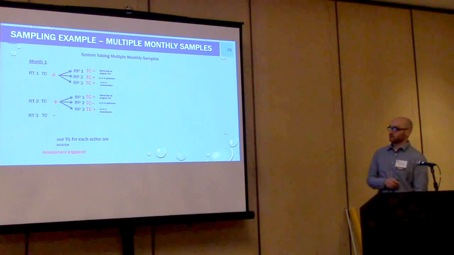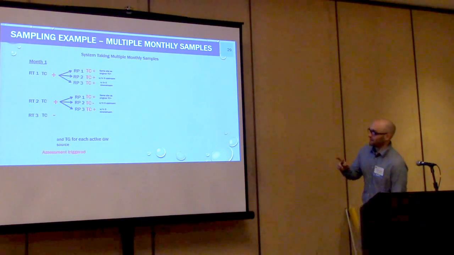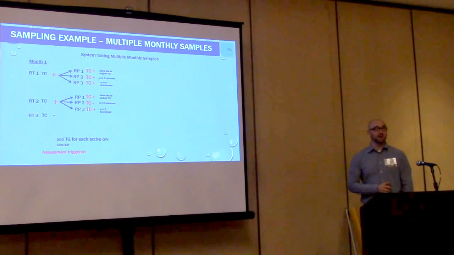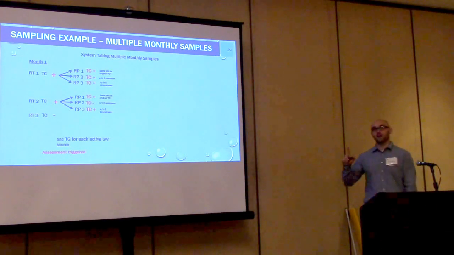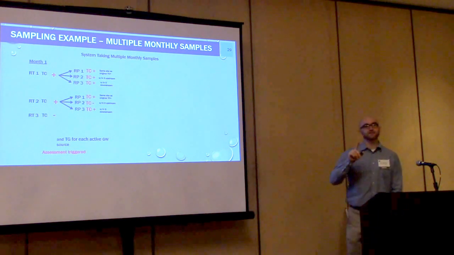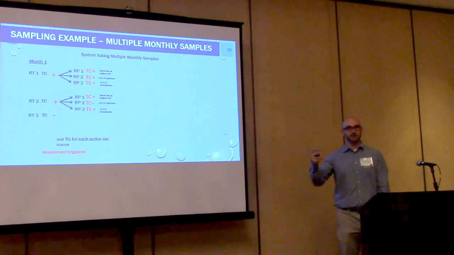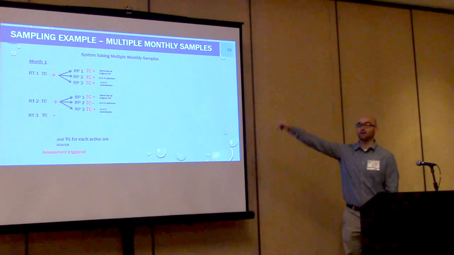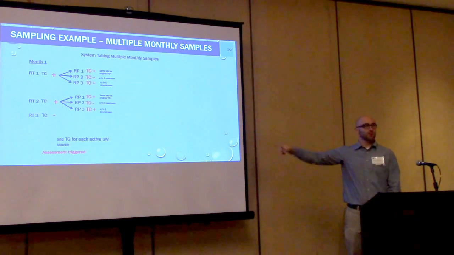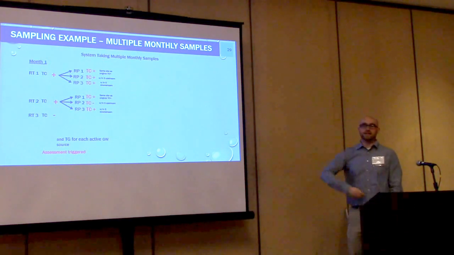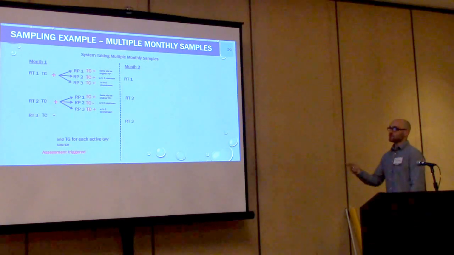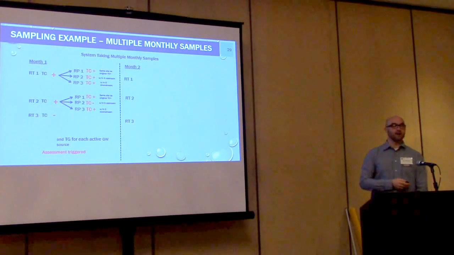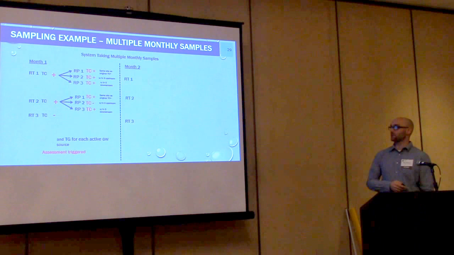So in this instance, because there's 4, 5, 6, 7 samples in a month, that triggers a level 1 site assessment. To be clear, it's not an assessment for every 2 that are exceeded or anything like that. Essentially, at the end of the month, we take all your positives, we add them all up. If it's 2 or more, you're doing an assessment. The next month, the system goes back to normal monitoring, 3 routine monthly samples.